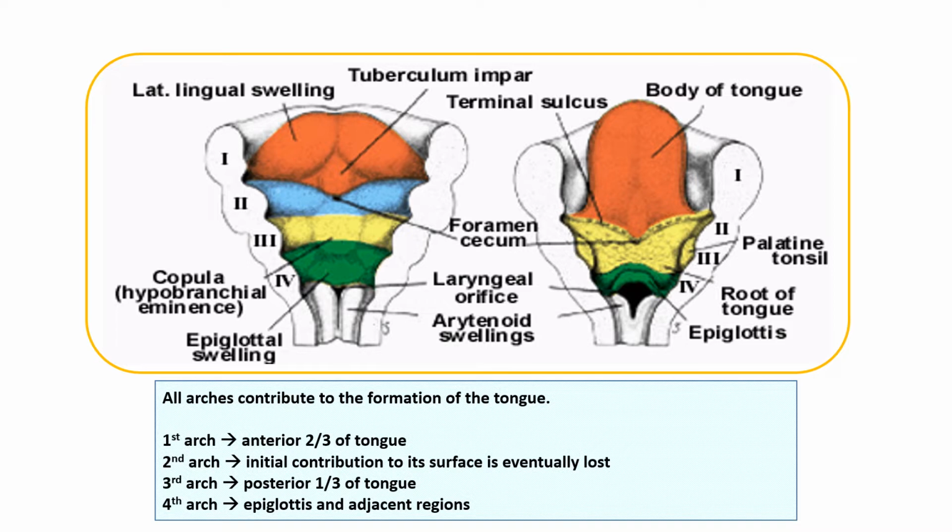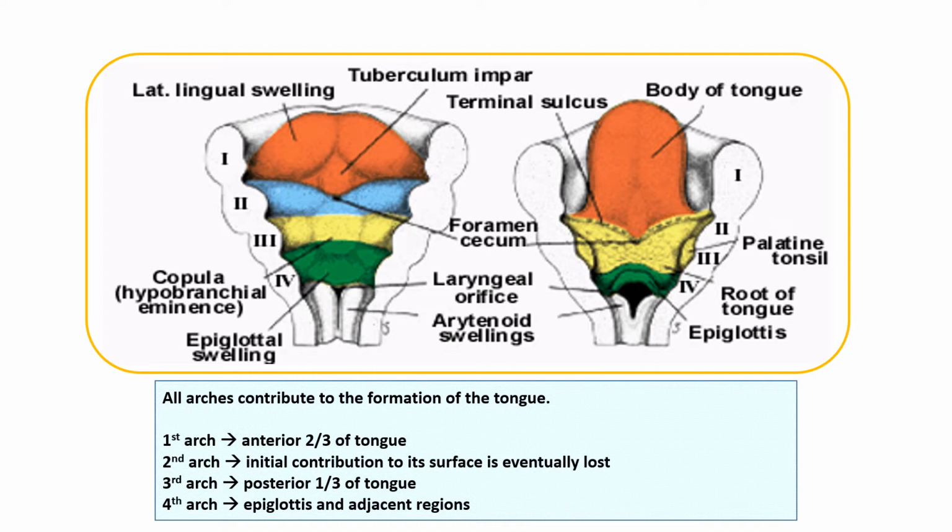The lateral lingual swellings start growing, and they increase in size so much that they eventually overgrow and become larger than the tuberculum impar in the middle. You can see this transition between the image on the left and the image on the right. As these lateral lingual swellings have grown a lot more than the tuberculum impar in the middle, they eventually merge, and the site of fusion of the 2 lateral lingual swellings